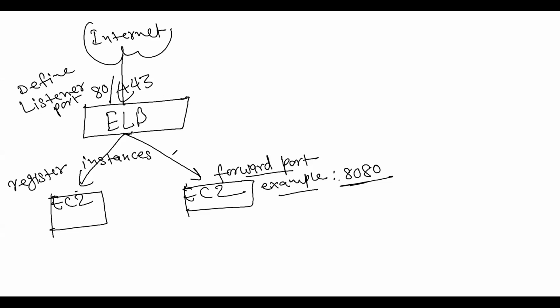It can have multiple nodes, because this is fully managed. We don't know the internals of how they are maintaining it. However, it is fault tolerant. Fault tolerant is something more than highly available. Fault tolerance and high availability, two terms are there, correct? Do you understand the difference between fault tolerant and highly available?